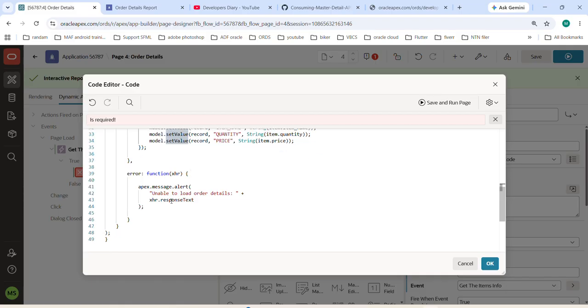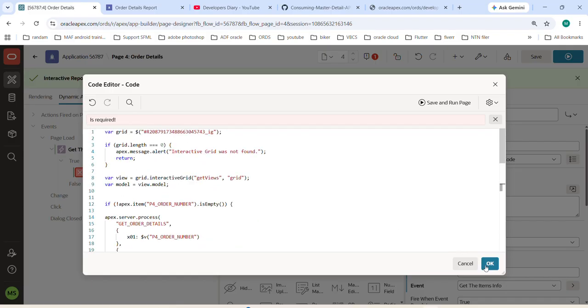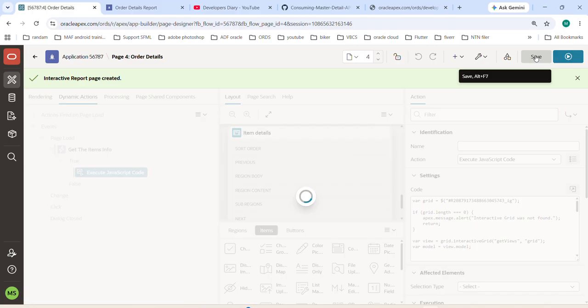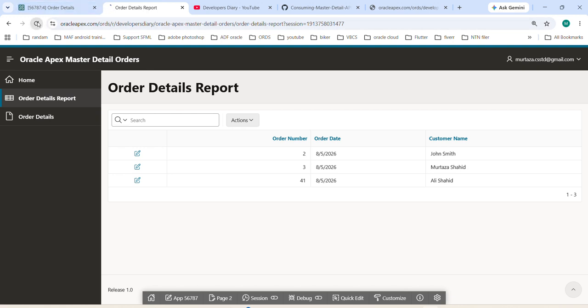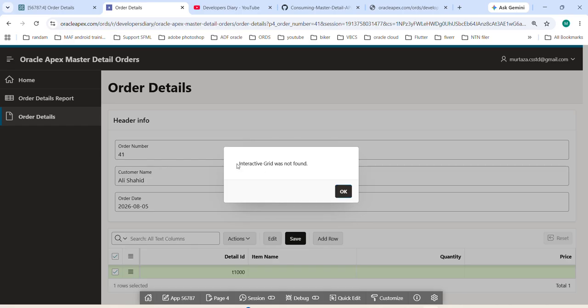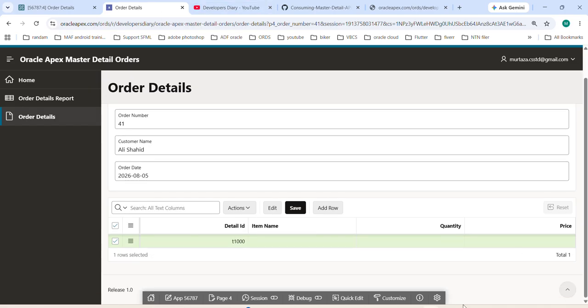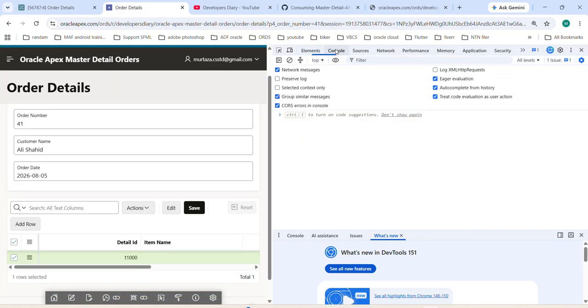And if there is any error, we can say unable to load order details. So this is what we are going to do here. Before that, let's refresh it. Click over here. You can see that interactive grid not found. So what we are going to do, we are going to inspect here and go to the console,